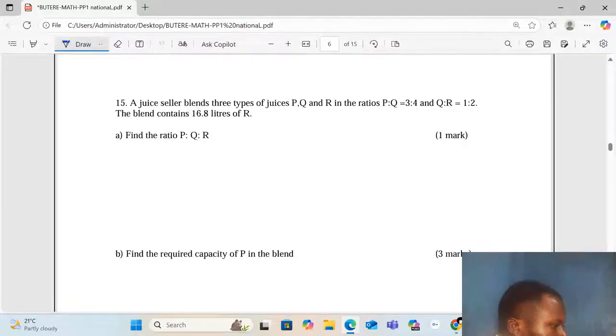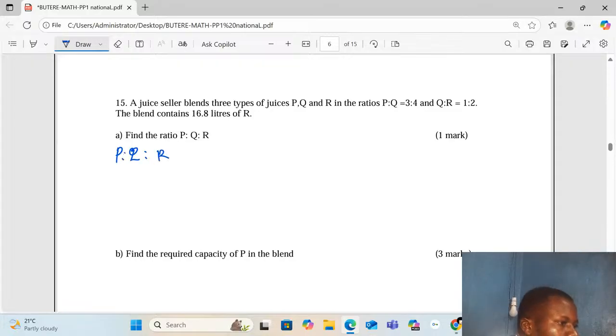So 3 types of juices are P, Q, and R. Now the ratio of mixing P to Q is 3 to 4 and that of Q to R is 1 to 2. But remember, they are blended to form one juice, that is with the combination, so that we have P to Q to